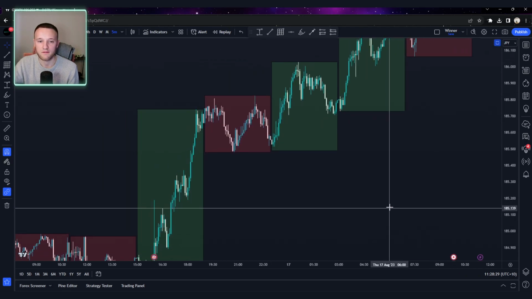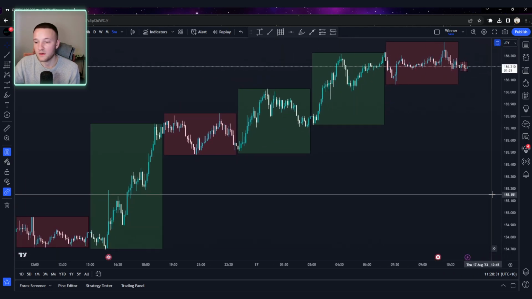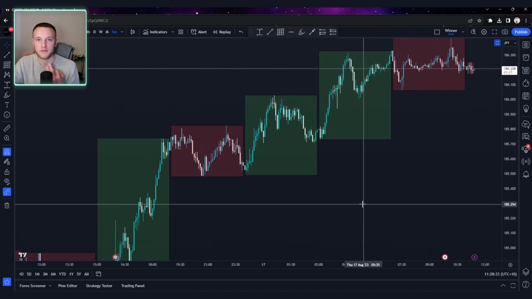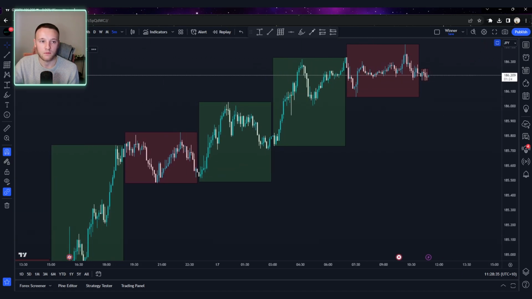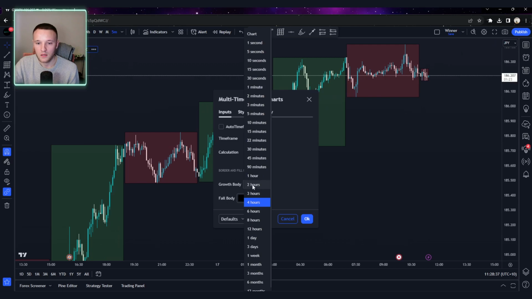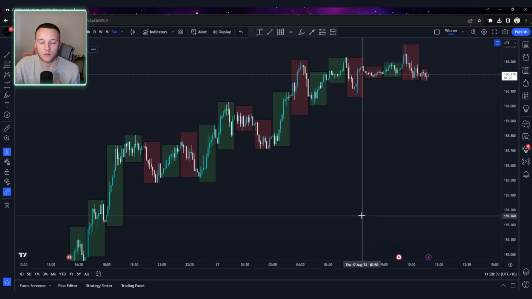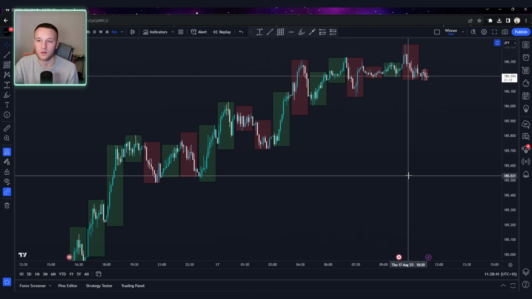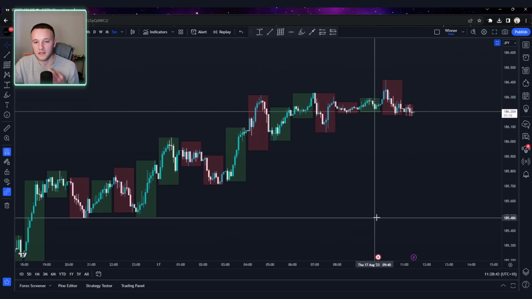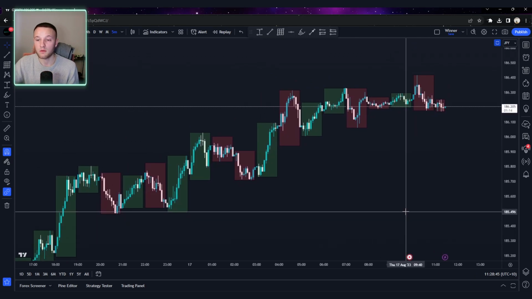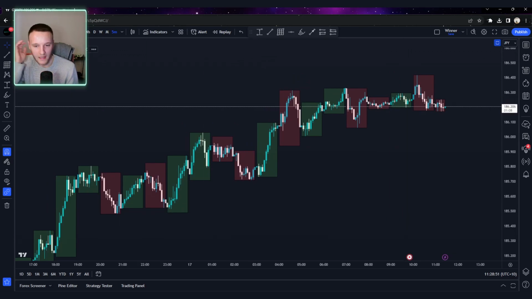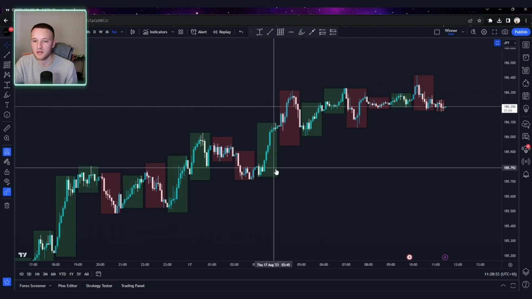We can start to get a feel of how these 4-hour candles are starting to move on the lower time frames. If you're a scalper, this could be really helpful. You could even turn this to 1 hour as well. So now we're seeing all the 1 hour candle closures, highs and lows on the 5-minute time frame. So if you are a scalper on the 5-minute or lower, you can keep an eye on the 1 hour time frame pretty easy this way. You can see how the candles are closing. You can see the structure, right, highs, lows,